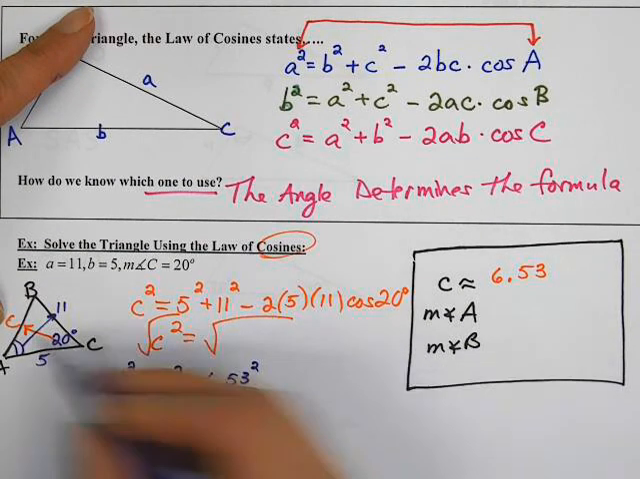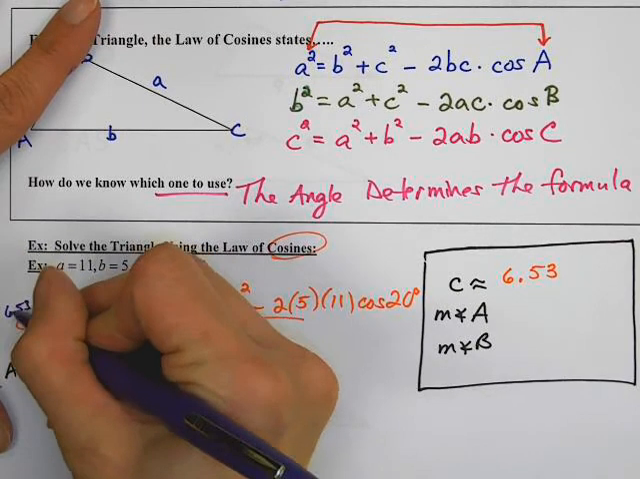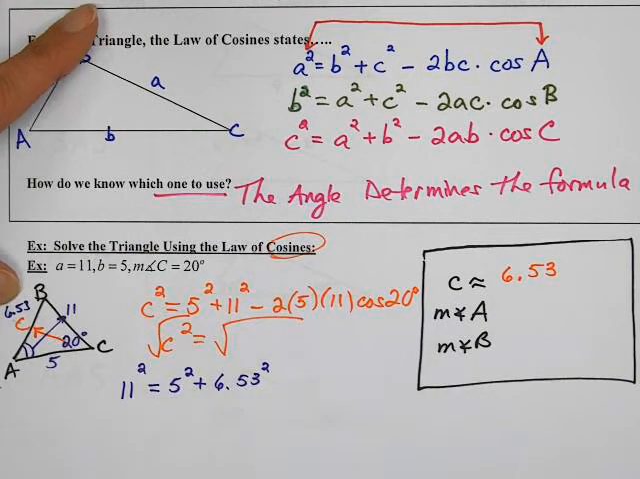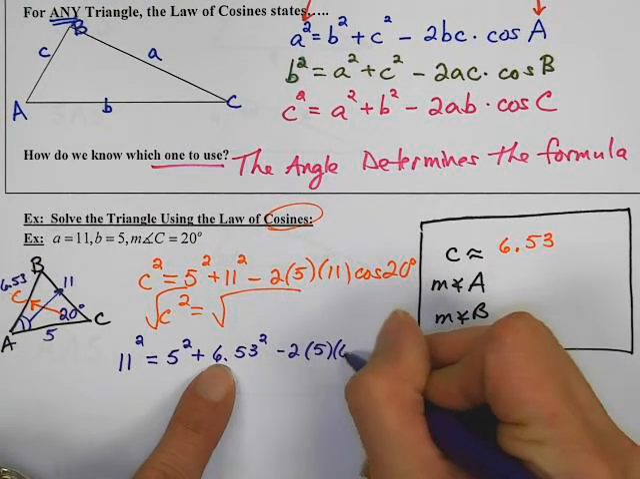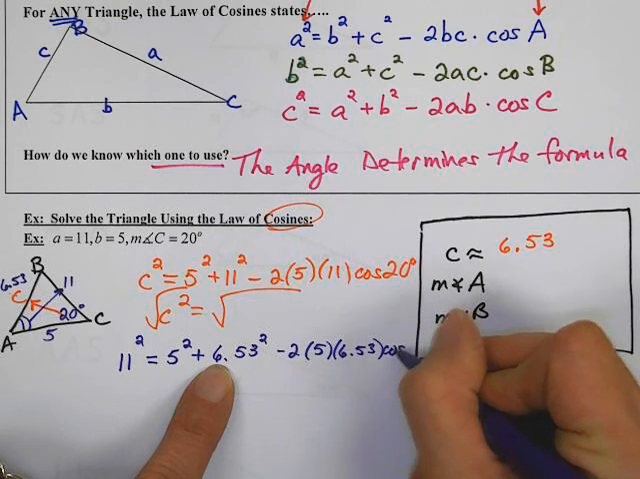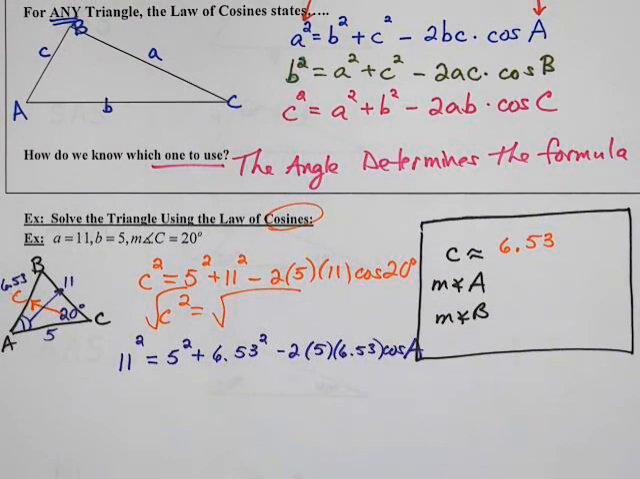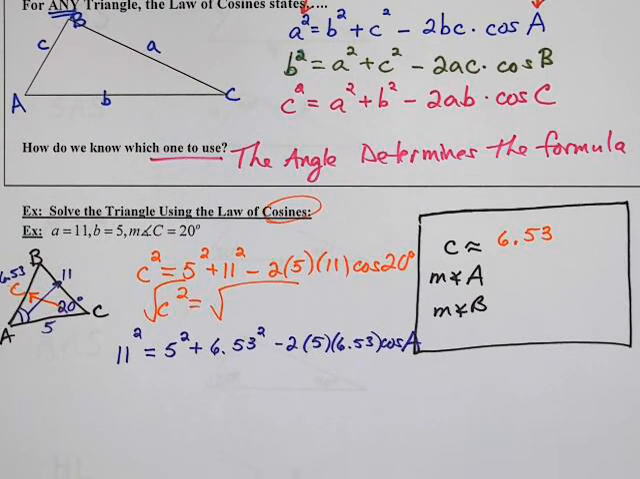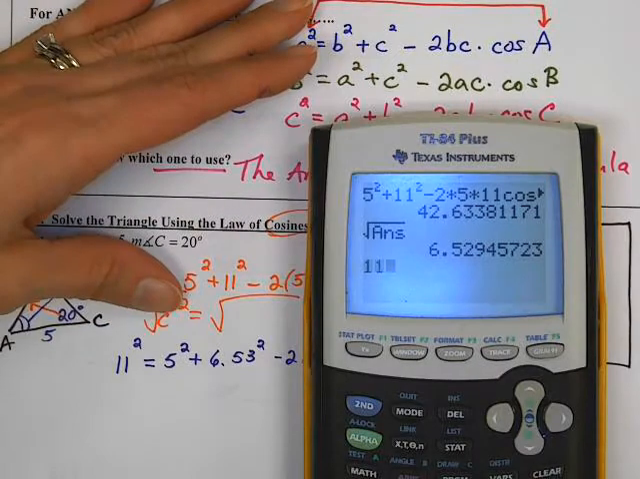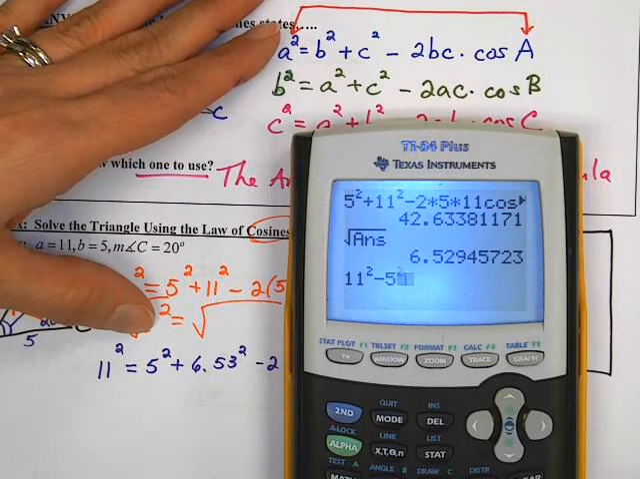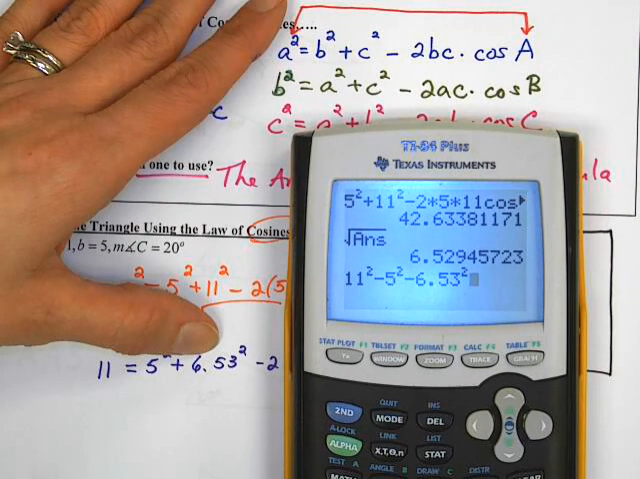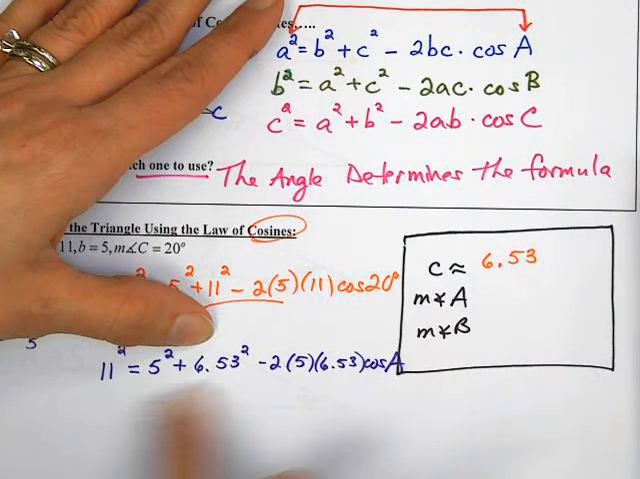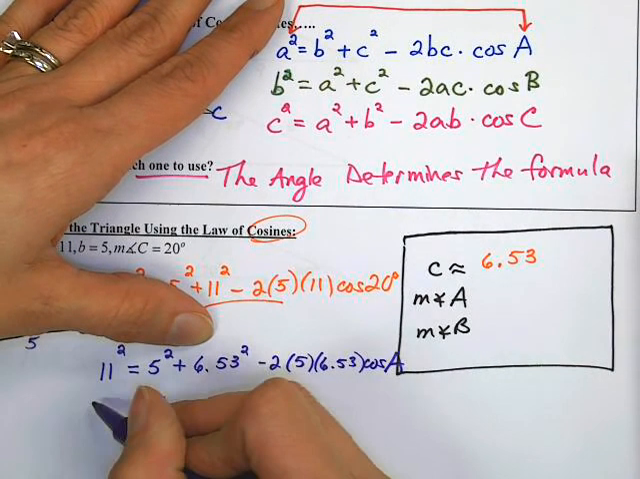6.53 squared. We're going to have to use the decimal approximation, because you need all three sides for the law of cosines. Minus 2 times 5 times 6.53 times the cosine of angle A. All right, it is now calculator time. So what we're going to do is type 11 squared minus 5 squared minus 6.53 squared. Okay, so we're going to move these two things over, and that is